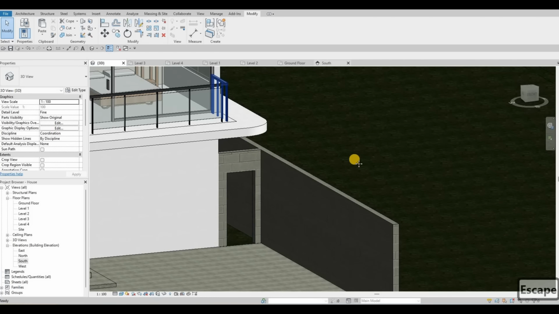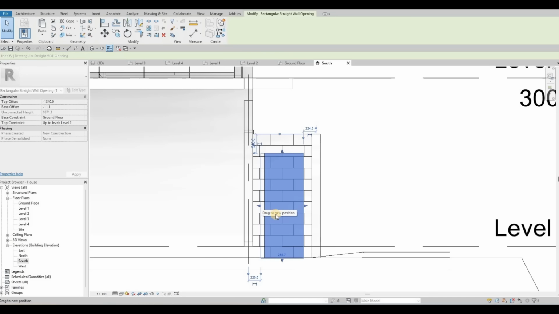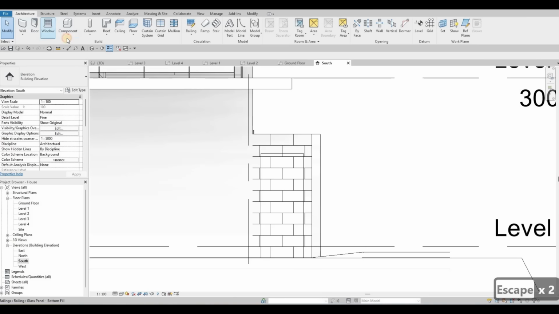We have this one now, and we could increase this one depending on what we want, but the most important is we need to create